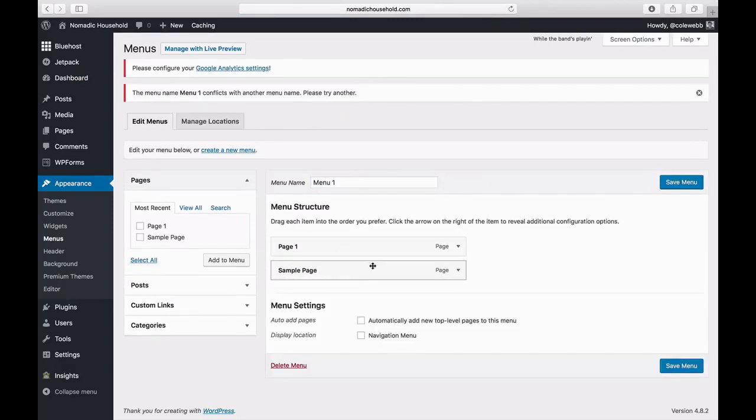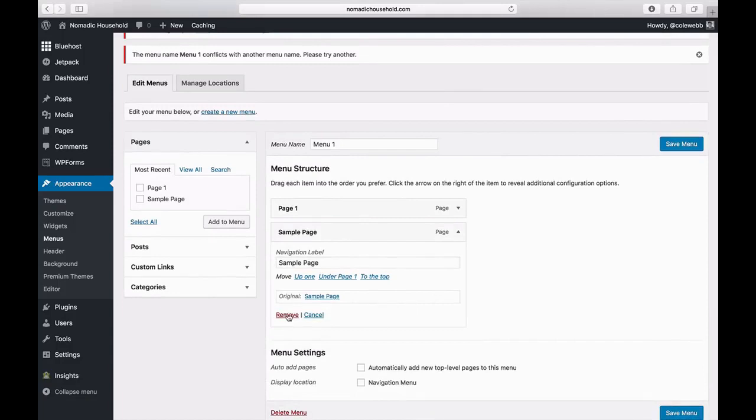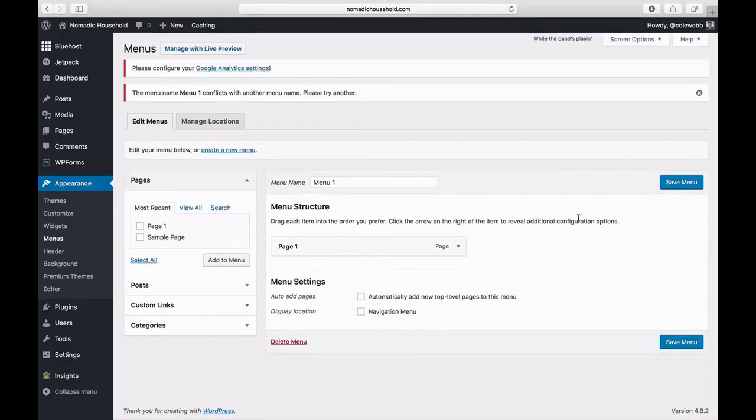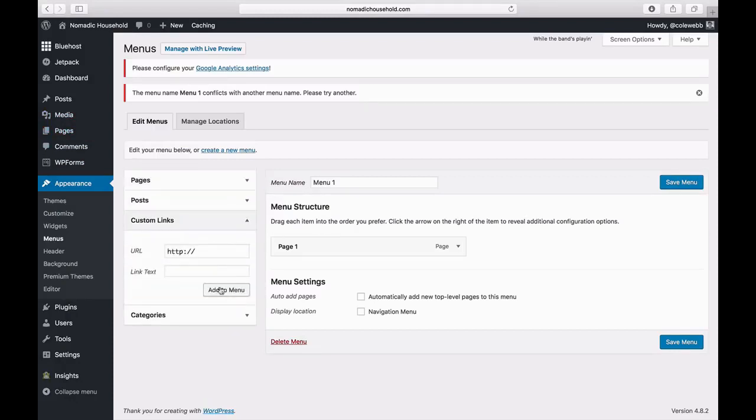So we have Page 1 and Sample Page showing up on our website. If we wanted to remove the sample page from showing up, we can simply go to Remove here and click Save. Now, if you wanted to add a home page, because your home page isn't an actual page, what you'll do is you'll go to Custom Link, you'll add your URL, choose the text that you want the menu to display. I'll add Home, click Add to Menu,